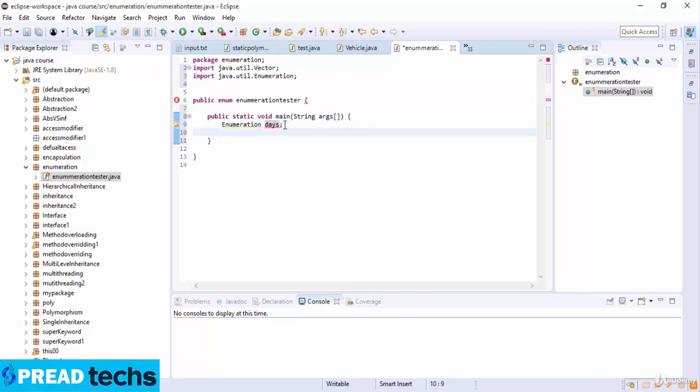So this is the value of the user defined data types, and now here I just write Vector dayNames, which is equal to new Vector. I just create the object and then dayNames dot add, and the day name is Sunday, and these are the day names: